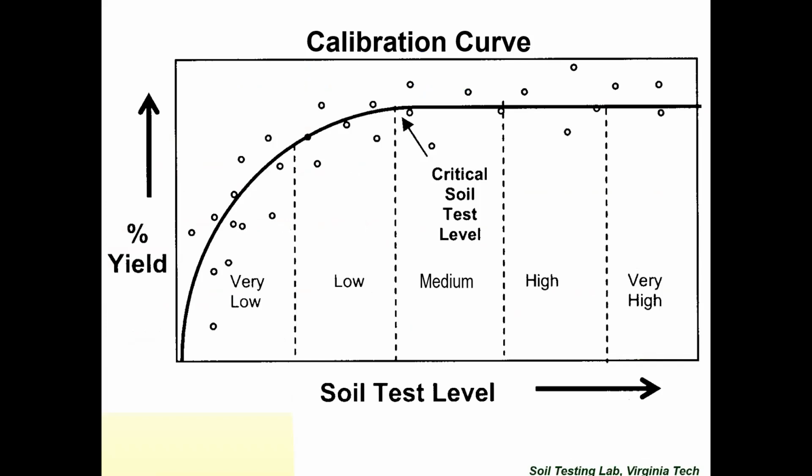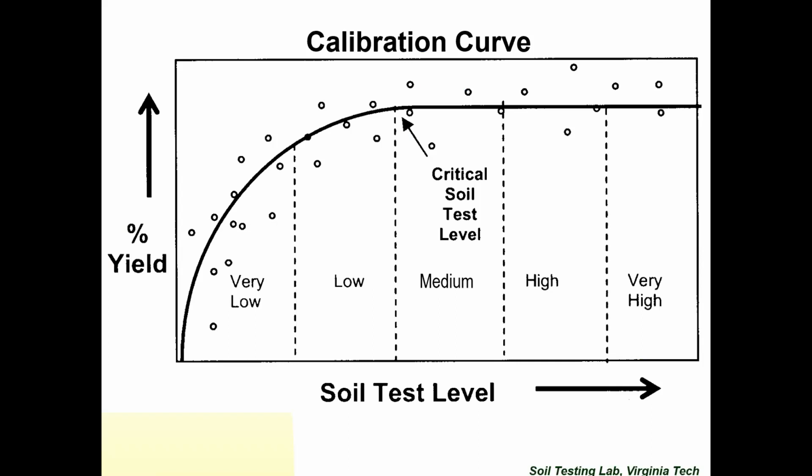So when the original work was done, most of the calibration work for soil tests was done in the 70s. Soil testing is actually fairly new. There wasn't much in the way of soil testing going on anywhere in the world before about the Second World War. Most of the calibrations and development of the soil tests were done in the 60s and 70s. Mehlich 1 was developed in about 1954, Mehlich 3 in about 1984. So they're fairly new still.